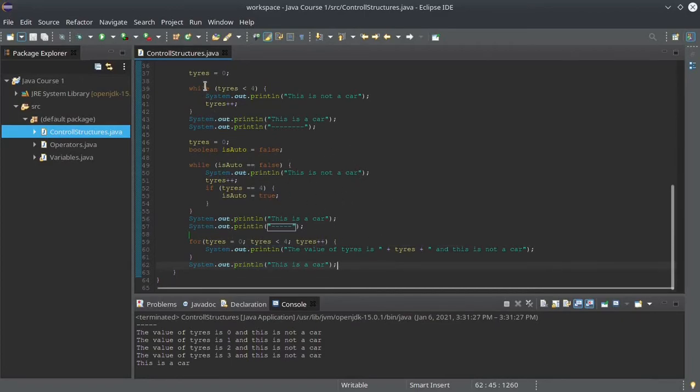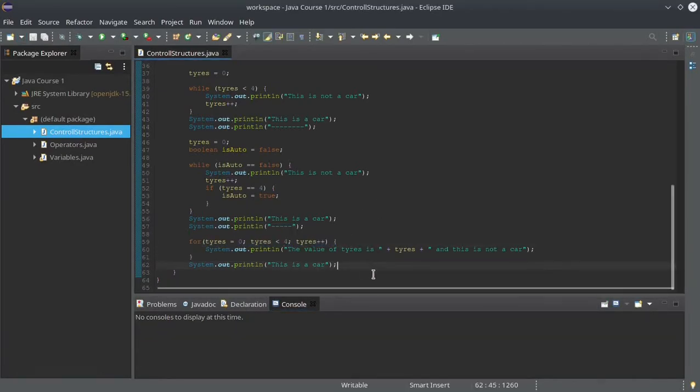The difference between while and for is that in while you only check one value, and you don't actually know the end of the condition. In the for loop, you know the start condition, and you know the end condition and what to do, and you put everything in the loop condition. So let's use the same example but with